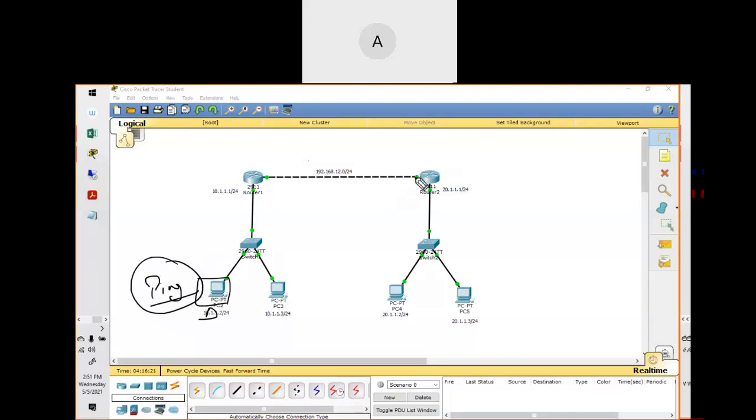Suppose I want to ping this interface. This is 12.2, right? So who will drop it? This router or this router? And which interface is going to drop this packet? The gateway interface of that router. This one. This interface, second router. The WAN interface, router WAN interface. Yes, guys. Anyone?